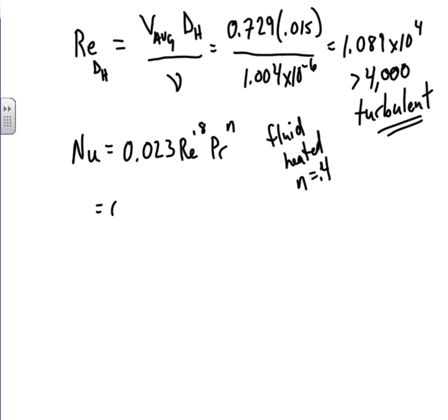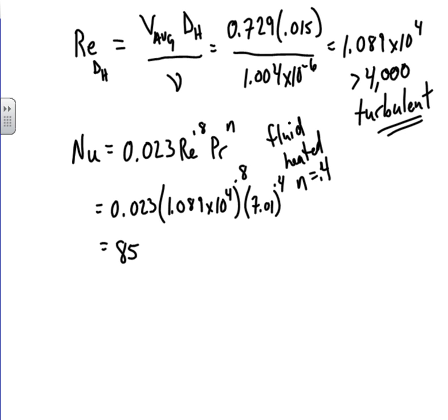So we'll go ahead and plug in, and we'll find the Nusselt number is 0.023, Reynolds number 1.089 times 10 to the 4, raise that to the 0.8, multiply by our Prandtl number, which is 7.01, and raise that to the 0.4. And that we calculate, and that is equal to 85. Okay, so now we have what our Nusselt number is, and we know that the Nusselt number is just a non-dimensional heat transfer coefficient, so we can use the definition of our Nusselt number to find out what our heat transfer coefficient is